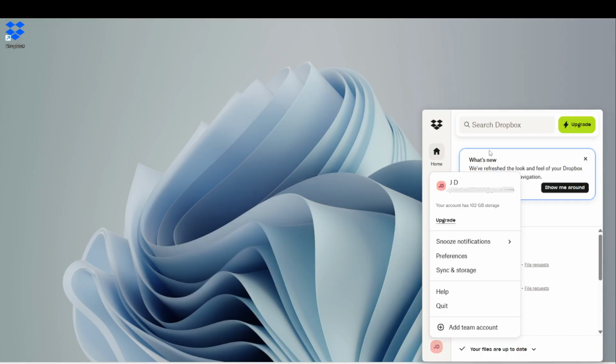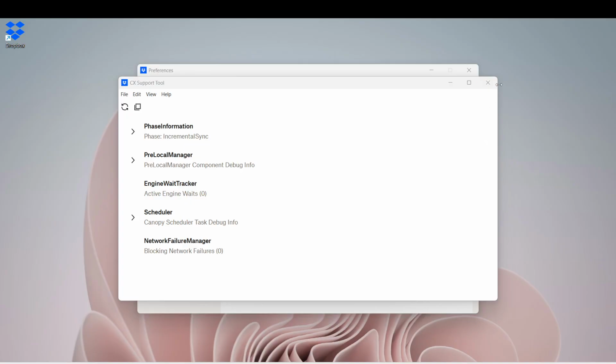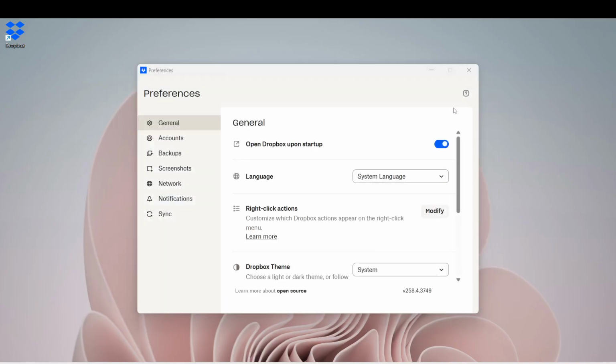After that, select Preferences to open the main dashboard. This is where all the settings are housed. In the Preferences dashboard, you will see multiple tabs that allow you to tweak different aspects of your Dropbox experience. This interface is user-friendly and designed to make adjustments straightforward. Here you can navigate through options to enhance your overall usage of Dropbox, making it more efficient and tailored to your needs. Now let's focus on the General section.